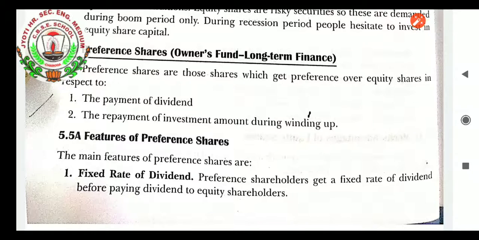Preference shares are considered preference shares because the first right over the dividend, after paying off all the creditors and making all the liabilities payment, goes to the preference shareholders. That's why the name is preference shareholder. They have two rights over the equity shareholder. Very first, in the payment of dividend. Second, at the time of winding up of the company, part of the capital will be first given to the preference shareholders, then the rest will be distributed among the equity shareholders.